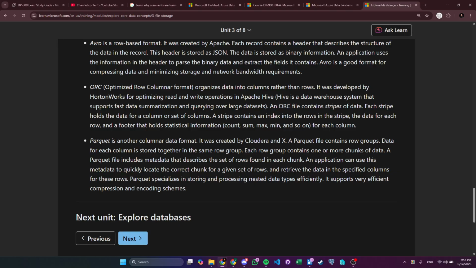Now I need to locate a certain chunk of data, a certain row. The application would use the metadata to find the row that I'm looking for and extract the data from it. Parquet specializes in storing and processing nested data types efficiently. It supports very efficient compression and encoding schemes.